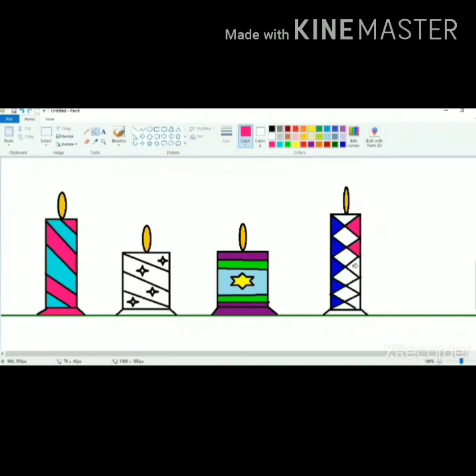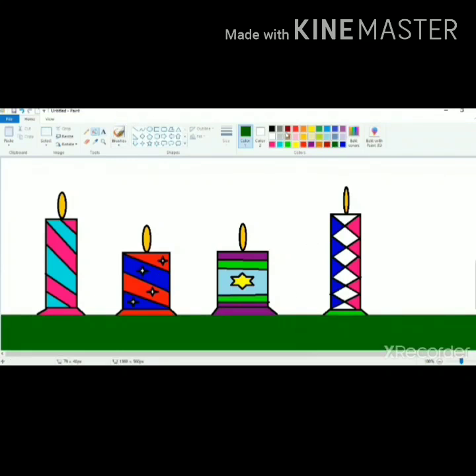So see, my color got spread on the candle, pink color, and what I have done, I have used the undo option. CTRL and Z together from the keyboard I have used, and my last mistake gets corrected. So if you also make a mistake like this, don't panic, press CTRL and Z keys together from the keyboard and your last action will get undone. So this way I am completing the coloring.